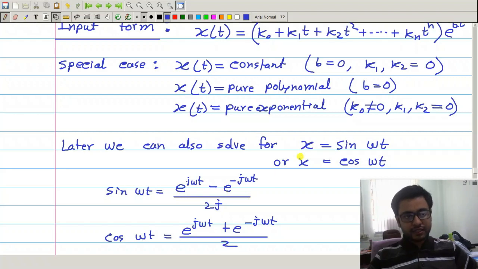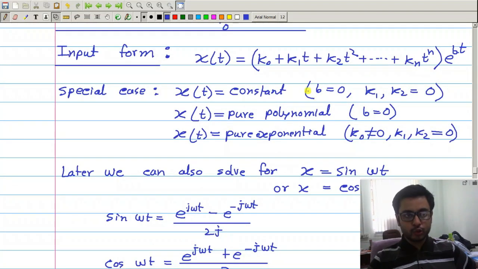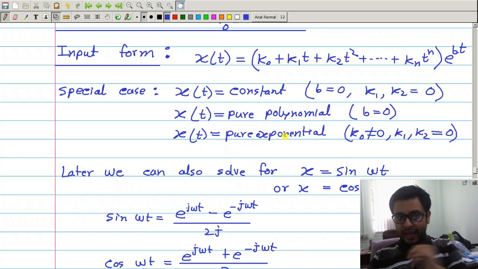So this type of sinusoidal or cosinusoidal inputs can be broken into pure exponential inputs. So if we have a sinusoidal or cosinusoidal input, then we can break it into two pure exponential inputs, and